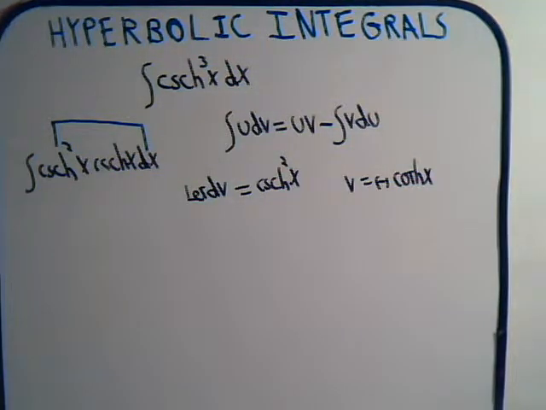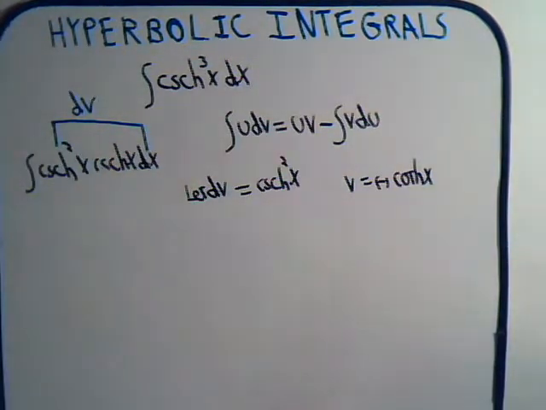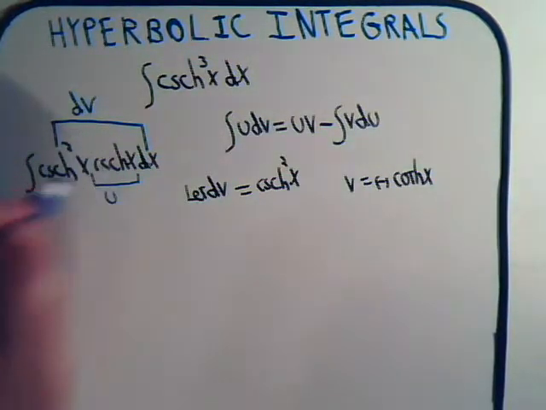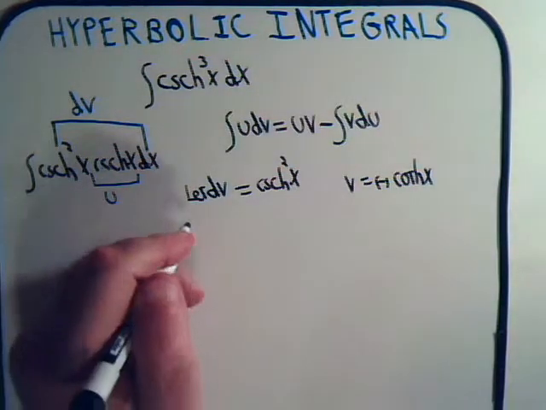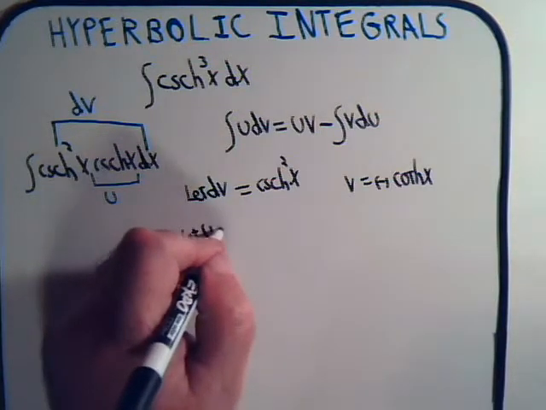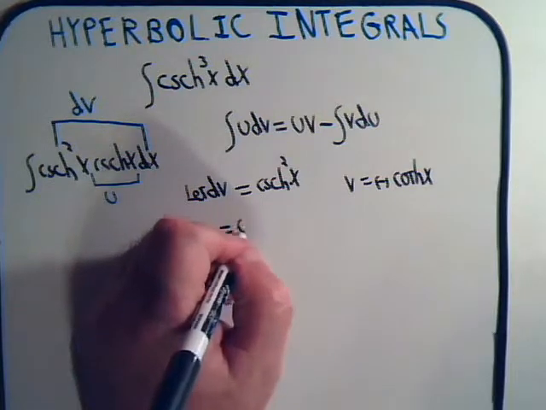That's much better than what we had before. So clearly this would be dv, and then this is u. So we say let u be equal to the hyperbolic cosecant of x,